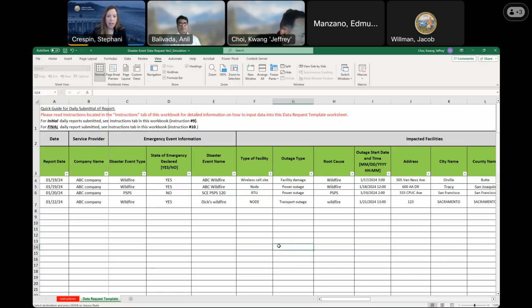Is that column A? So would they change the date? You keep the same row, right? And then you just change the date of the row, and Jeffrey will catch that day after day. Is that right, Jeffrey?